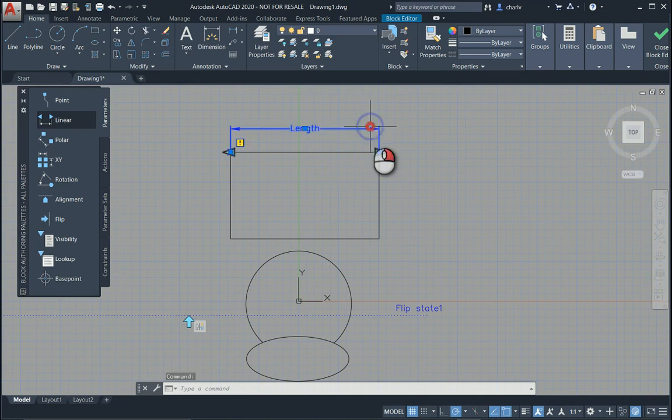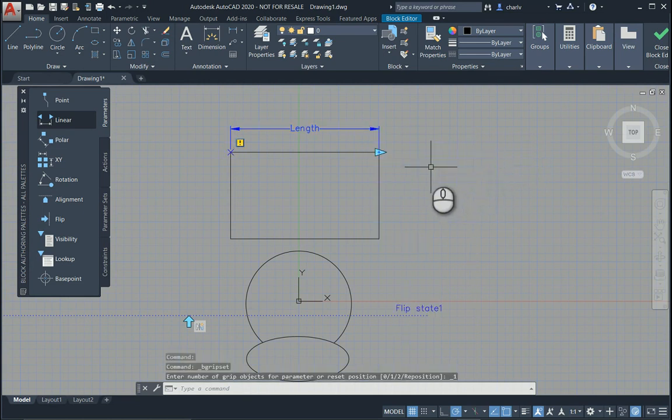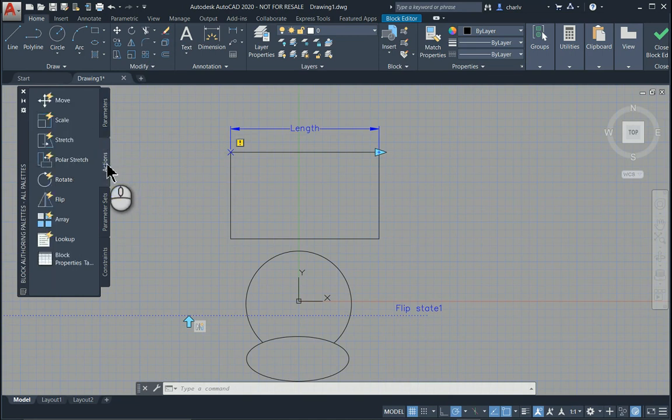And also what we could do is change the display of the grips from 2 to 1, meaning that only one arrow is displayed instead of 2. Right, so the parameter is set. Now again the exclamation mark, which means that we need to attach an action to this parameter which will drive the geometry. Right, so what I do is I go to the stretch action in this case,